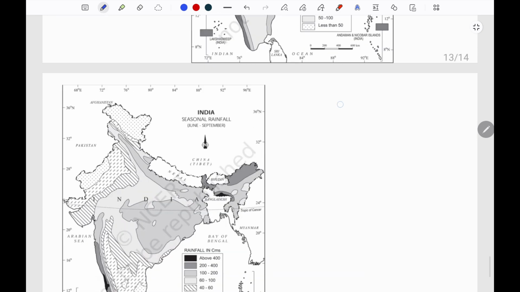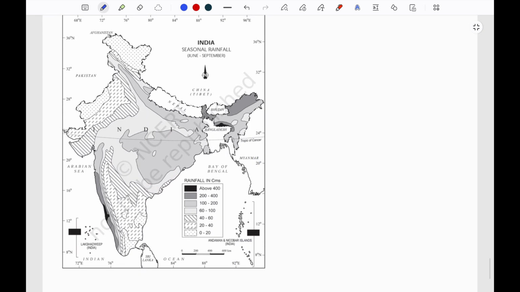Now have a look at these maps. This map shows which region receives how much rainfall from the southwest monsoon, that is from June to September. So this is the region of high rainfall, that is above 400 centimeters in Western Ghats, and this region of Meghalaya and Assam. And the region that receives rainfall of 200 to 400 centimeters, these are also associated with Western Ghats. In this region of Sikkim, Arunachal Pradesh, Meghalaya, Assam, and from 100 to 200, this other northeastern regions, this